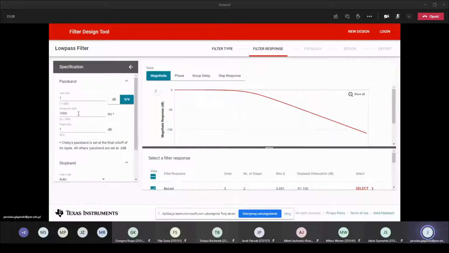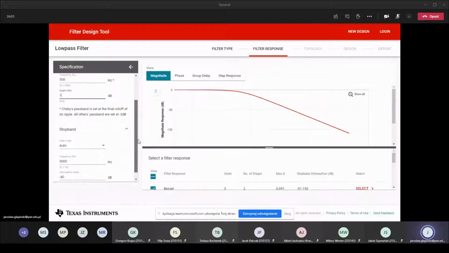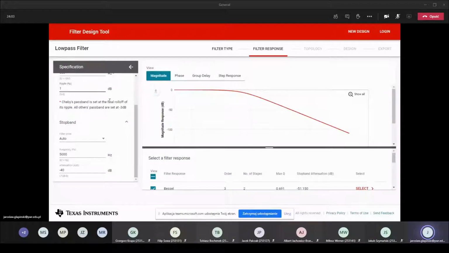This is the cutoff frequency. Let's say it's 100 hertz, and this is the ripple. If we change the ripple, you can see that we change the response time. Let's stop with the 1. It is the easiest. Of course, those were the standard parameters, but we can change the